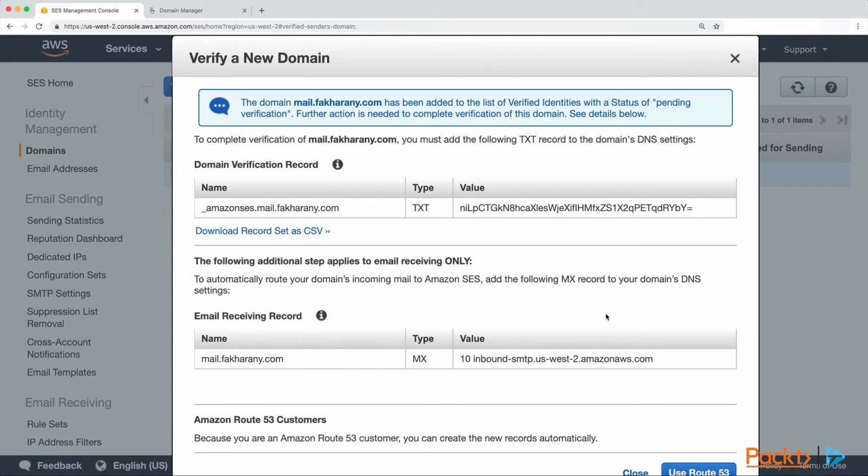Now, what this tool is going to do is add a text record that you see here in your DNS manager. And since we are using Route 53, which is already integrated with Amazon, it's going to do this automatically for you. But if you are using another DNS manager, you will have to enter this record manually. The second thing it's going to do is add an MX record to your DNS zone. And this MX record is what defines where the mail should be directed to when somebody sends an email to that domain. So in this specific example, it is going to route this email to a server that is called